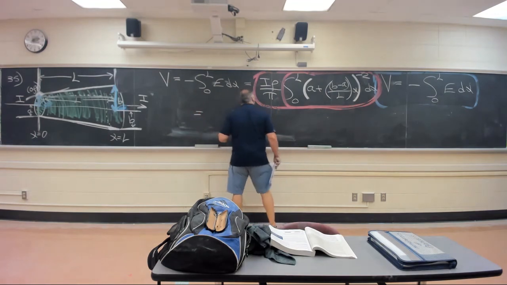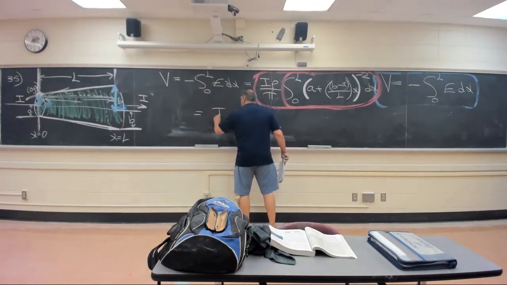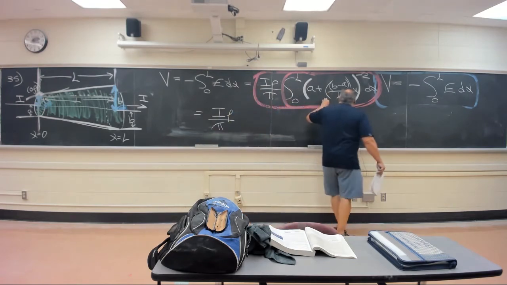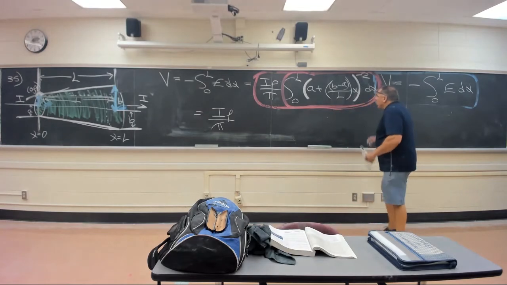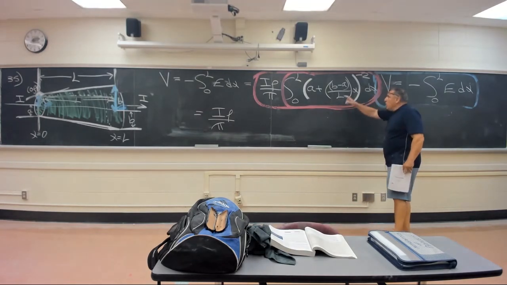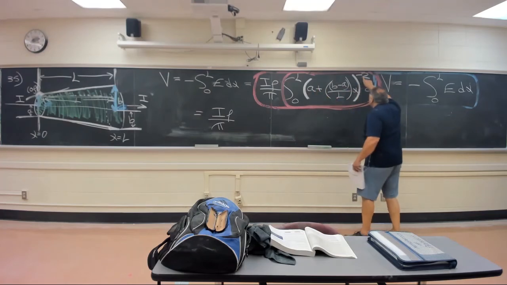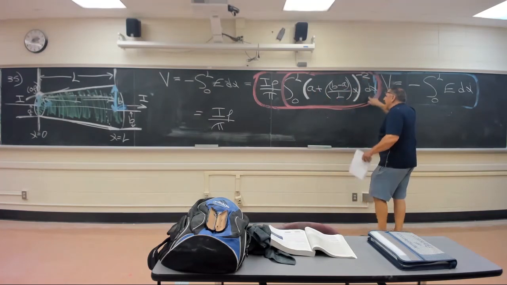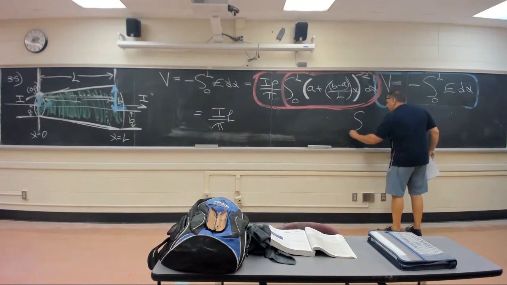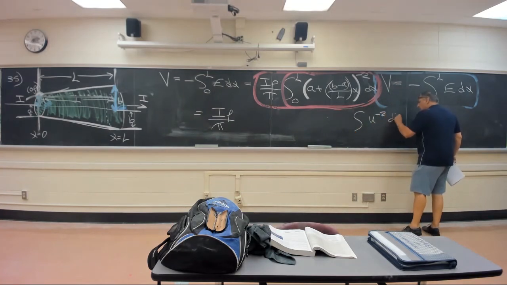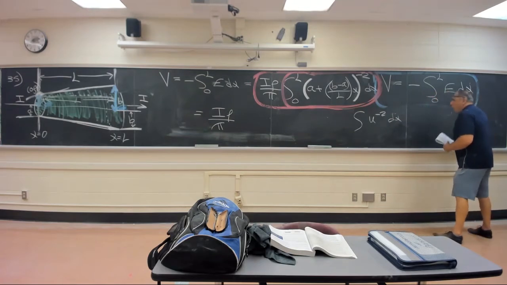Let's take I rho over pi, leave it alone. This right here. This is u. This whole thing right here is u to the negative 2 dx. So integral of u to the negative 2 dx, where u